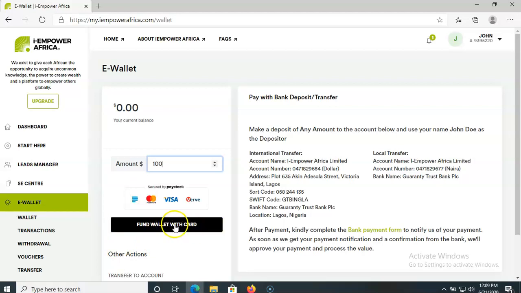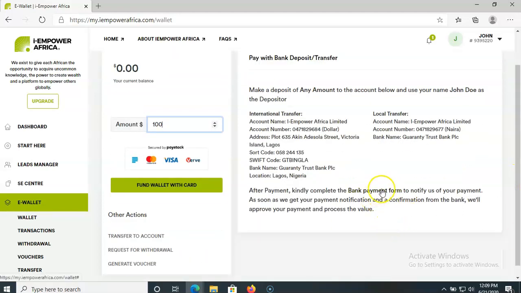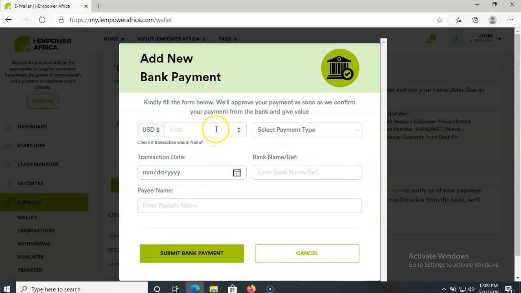If I click on this, it will take me to the payment gateway where I can fund my wallet with my card. So any amount you wish to add to your account, just come here and click on it. Alternatively, you can as well click on the bank payment form. If you want to add money into your e-wallet, you click on the bank payment form, you put in the